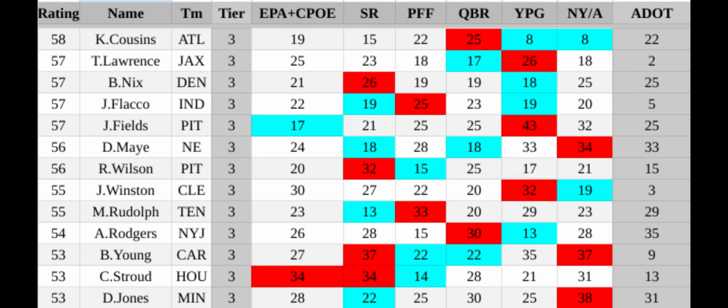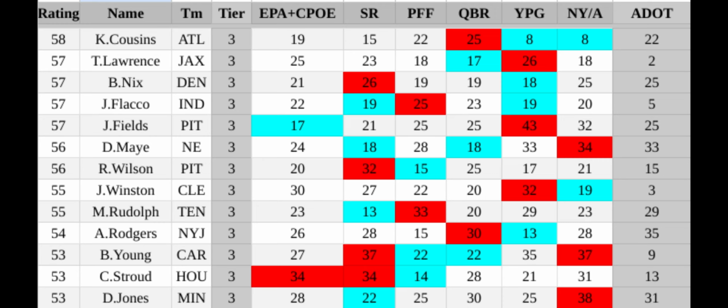Joe Flacco, man, what a guy. He is fifth in average depth of target, which I love to see. He's still got that cannon for an arm. No longer a cannon, but he's still probably got an average or above average arm. I really struggle to evaluate arm talent in that sense, but I can read the stats pretty well.